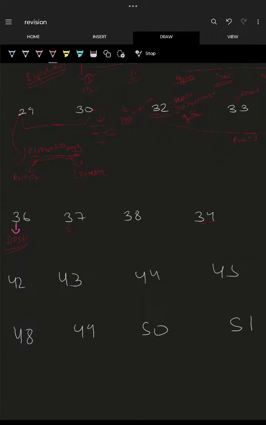37 says that DPSPs are non-enforceable by law. Then 38 tells that DPSP would provide social, economic, and political justice. 39 is to secure the right to an adequate livelihood. These are the directive principles of state policy: adequate means of livelihood for all citizens, distribution of material resources for the common good, prevention of concentration of wealth, equal pay for equal work, protection of workers, children, and health of the children.